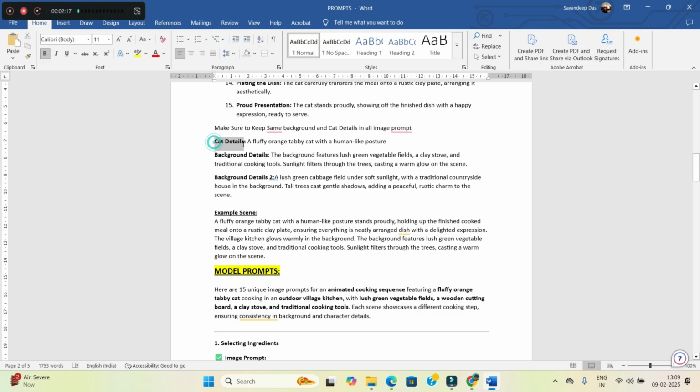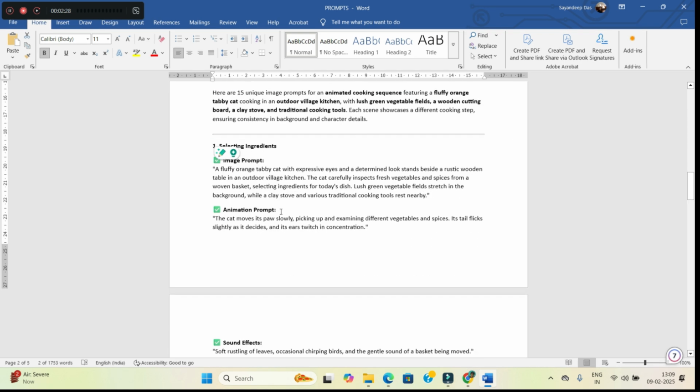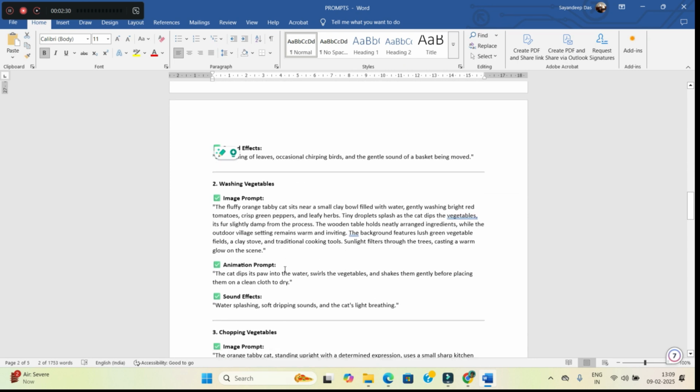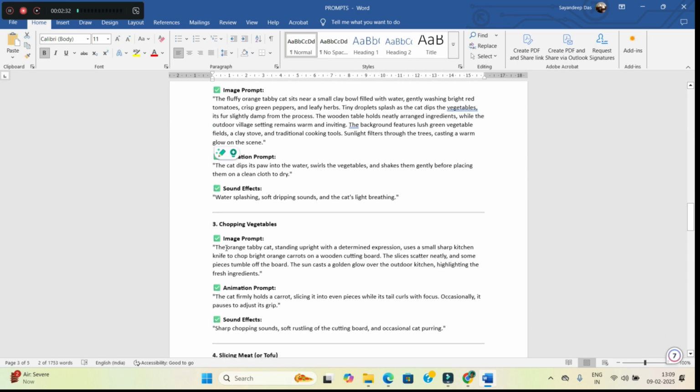It can be the cat's detail, the dog's detail, any animal or bird's detail, whatever you are using as a subject. In some of the prompts you can find that one of them will be missing, like the orange tabby cat is there but the background is missing.